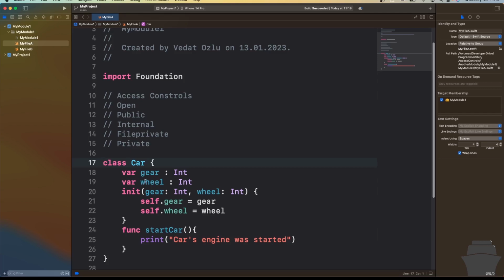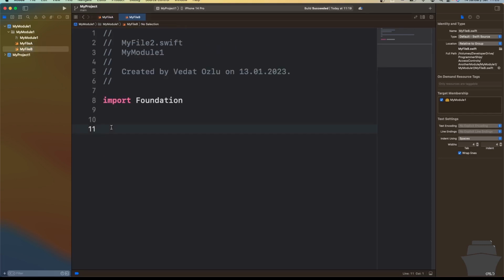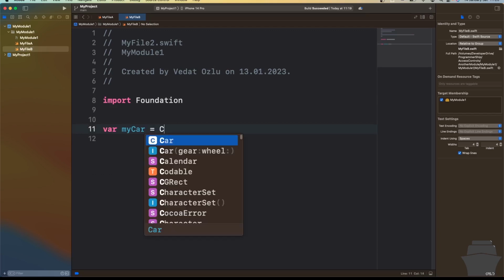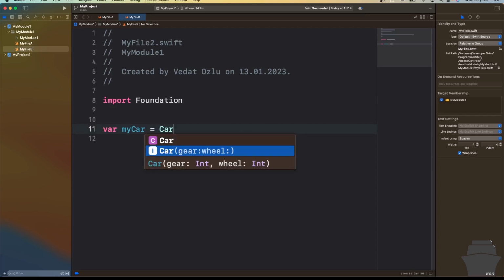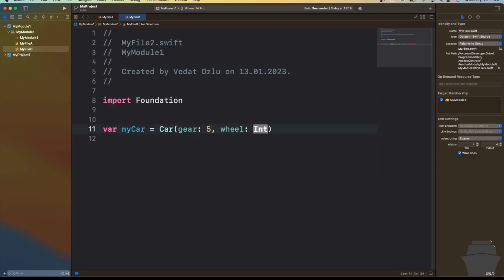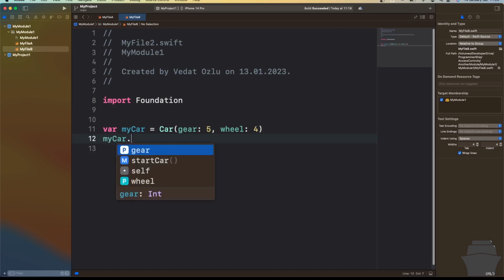Let's try to access the Car class from another file in the same module. Here in the same module, we have my file B, which is another file. And inside, let's create a myCar object and try to access the Car class. Here we can see the Car class and its initializer. Let's say 5 gear, wheel, let's say 4. And at the bottom, when I say myCar dot, we can see the properties, which are gear, wheel, and startCar method, because they are defined as internal,